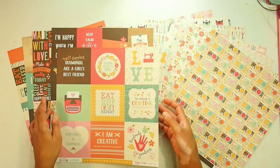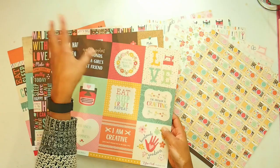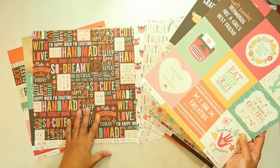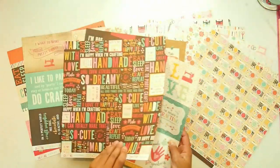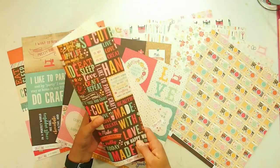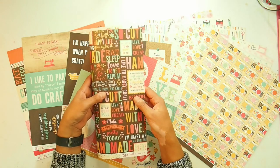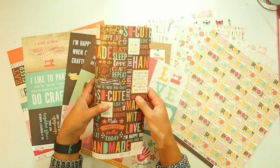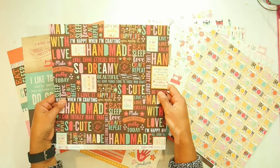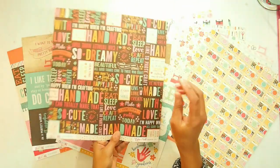that I can either send to a friend. If the quote is correct, I usually send them to a friend. This one, for example, I cannot touch because I feel like this one would make a great journal. So most likely this will be made into a TN cover that I may or may not laminate or Mod Podge or whatever. So this one definitely I'm not allowed to use, although sometimes I feel like it'd be